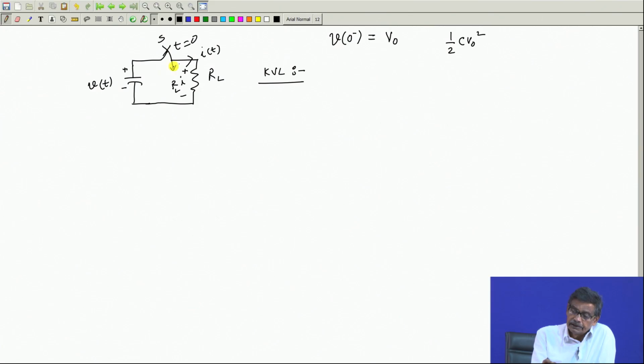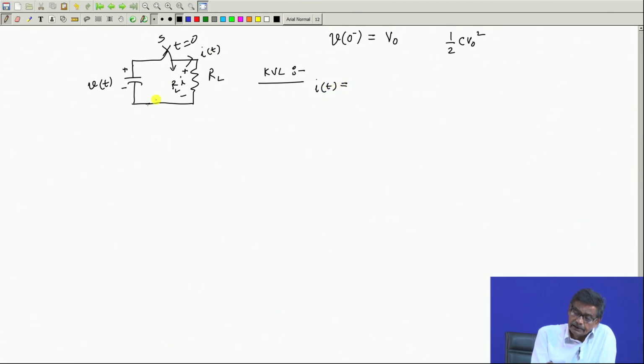So, this is the current I have assumed, and I will then say this voltage to be plus minus like this, V 0, and okay, that is fine. Now, I will write down the KVL. What is KVL? So, IT is